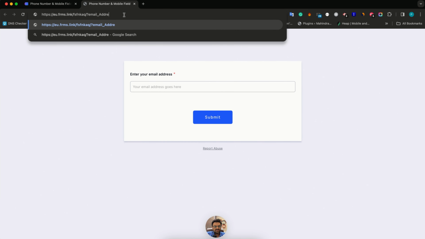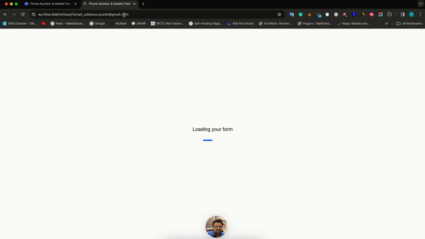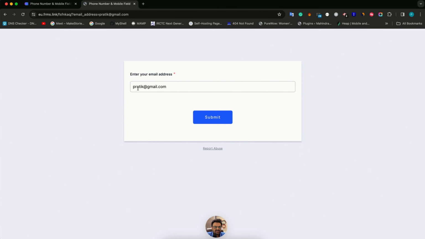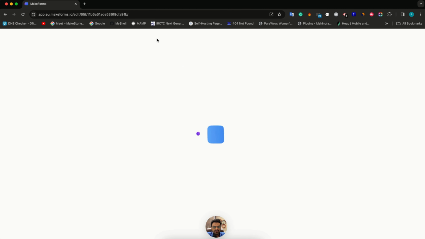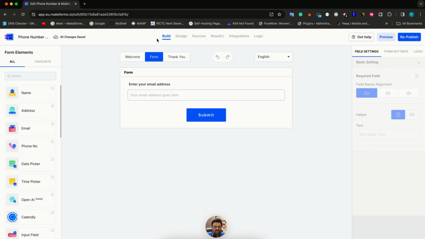Email underscore address is equals to pratik at makeform. But let's try to do this. Let's try to put in the Gmail address. So you can see that pratik at gmail.com is pulled in over here. Now I'll try to submit and it says please enter your work email address. So you can see how smart this system is, and these are the kind of customizations that you can get